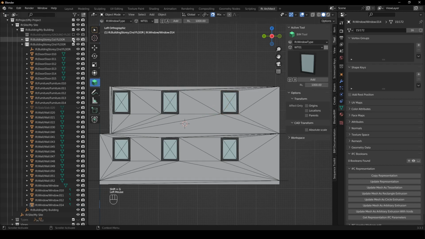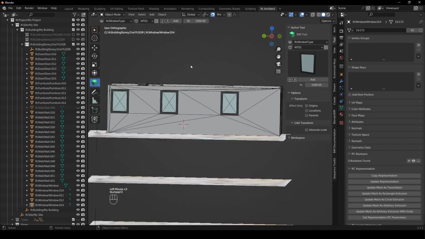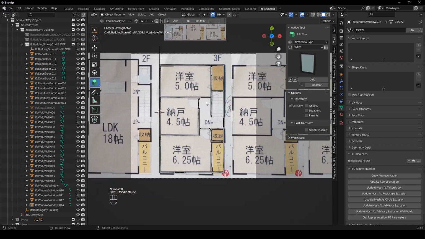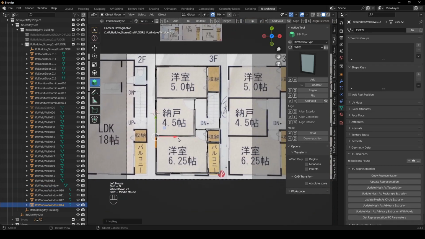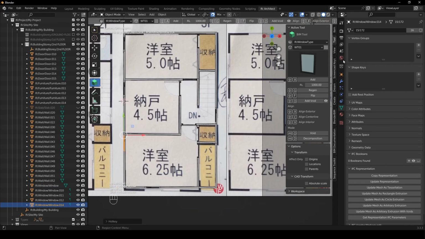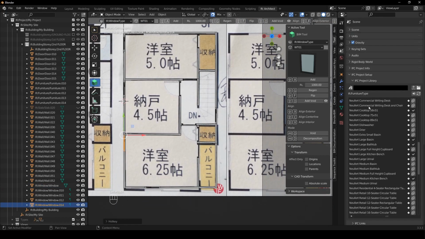Okay, and then we can hide our floor below so we don't accidentally edit it. Press 0 to snap back into our drawing position. So I'm just going to take these guys and move them down a little bit. G Y, and use Shift G and Shift G. Okay, cool. So we can go back to our scene properties, and then in this library, we can scroll down